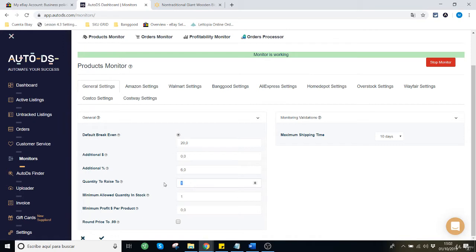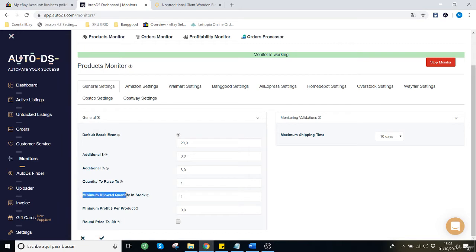Leave it at 1, because 1 is good, especially if you are a new seller. If you are more advanced and your selling limits are much higher, then you could change this value to 2 or 3 or any quantity that you want. But if you are a new seller, I recommend you leave this at 1.